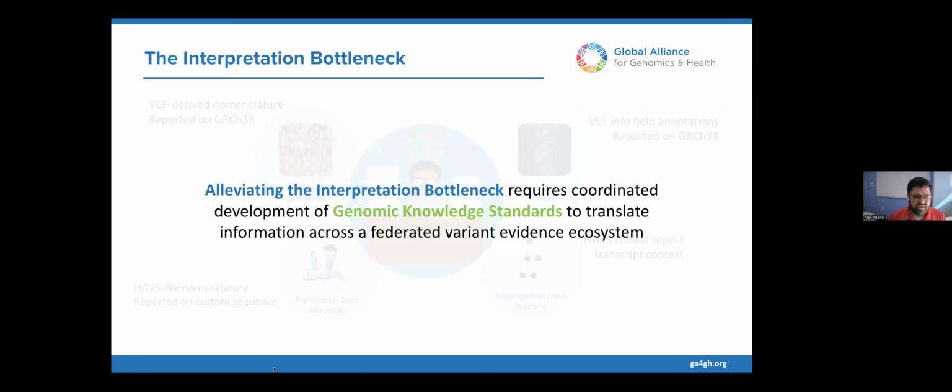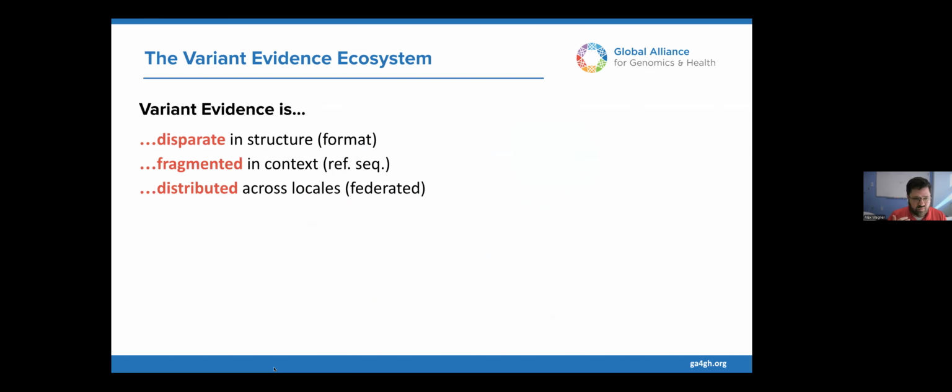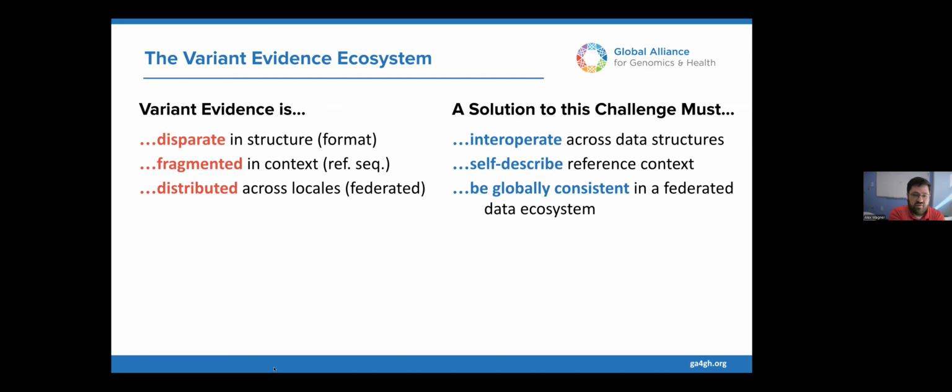Alleviating that bottleneck requires the coordinated development of genomic knowledge standards so we can translate information across this federated ecosystem of variant evidence. One thing we need to be concerned about is that variant evidence is disparate, fragmented, and distributed. We need ways to consistently represent that evidence to make it easy to pull it together, to harmonize it, and to integrate it, to draw conclusions from it. So our solutions must be interoperable across data structures. They have to be self-descriptive to provide appropriate reference context, and they have to be globally consistent across this federated